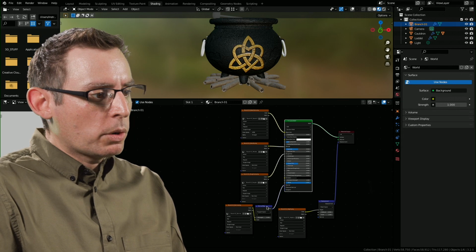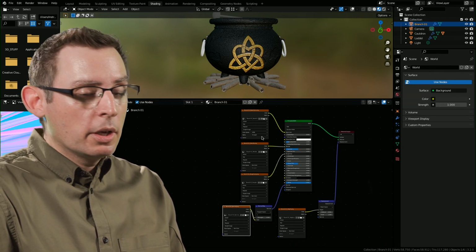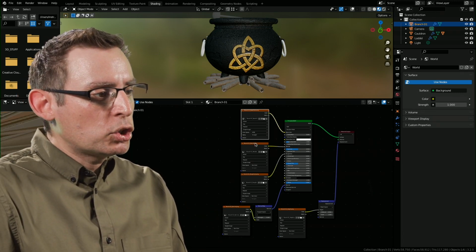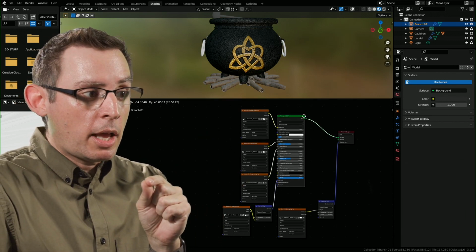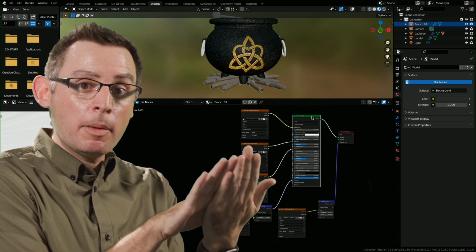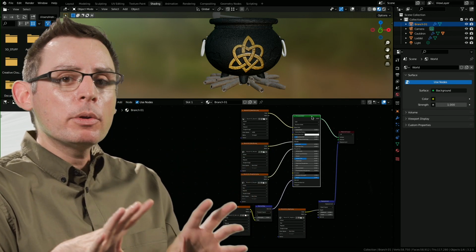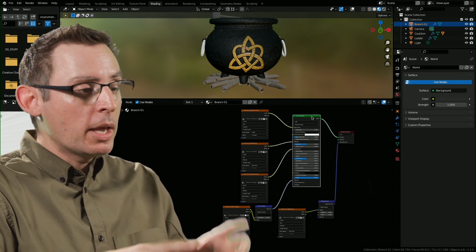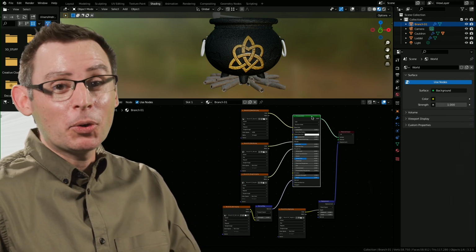Now, the things that we haven't added in here yet are all the texture coordinate nodes. That's going to come a little bit later, and I'm going to show you a shortcut. But this setup is super important to make sure that we're plugging the right image into the right slot on the material and ensuring the right data type is going from the image to the correct data container on the material itself. This is how we work with texture sets inside of this physically based rendering workflow. It's pretty easy to set up, and it gives us some really great controls and really great results very quickly.